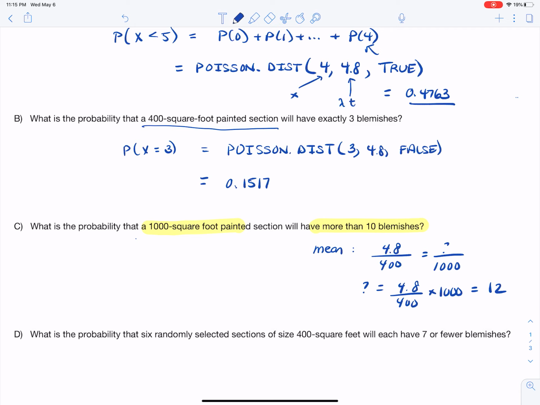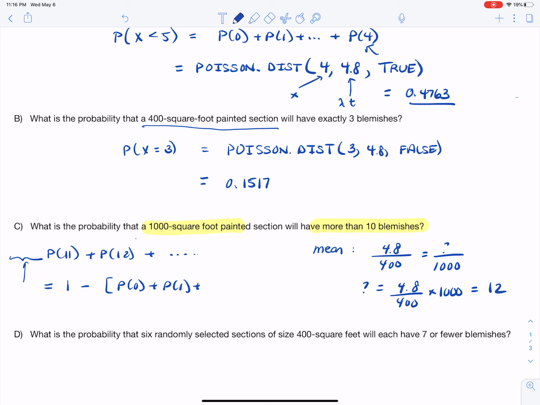Now here, let's just look at another thing though. We want more than 10 blemishes. Well, that means we want anything from 11 and above, which never stops. So we're kind of in a pickle here because our probability function only gives us up to a value or exactly a value. So what do we do? Well, let's look at the opposite side of the distribution here. We know that the sum of all probabilities in a distribution is 1. We are leaving out all the stuff that comes before 11. So we know that this probability is equal to 1 minus